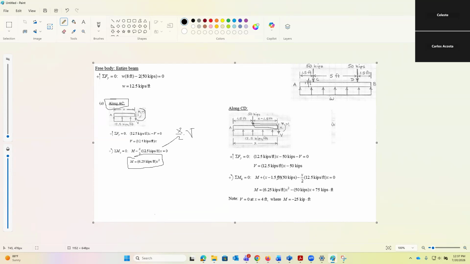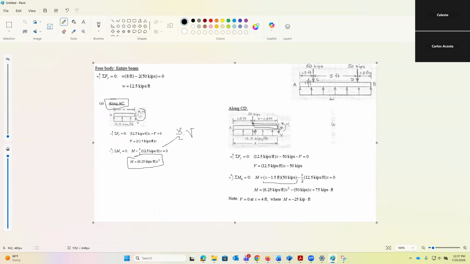So x times 50 times x minus 1.5. That's right here because of the point load. Now, since we have a distributed load, we have to place it in the middle of that distributed load. So it's going to be 12.5 at x divided by 2. So x divided by 2 will be around here